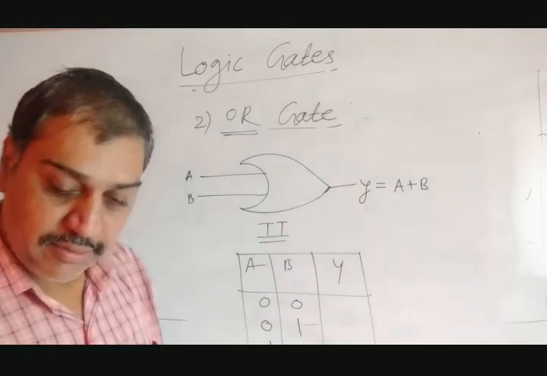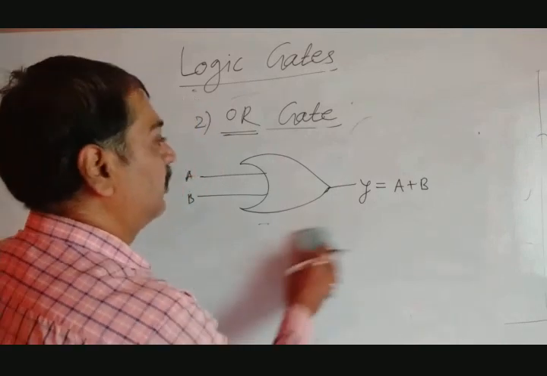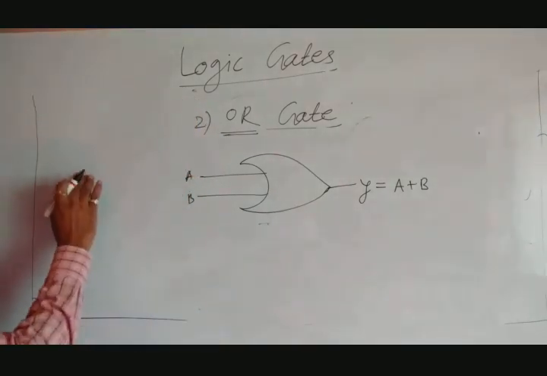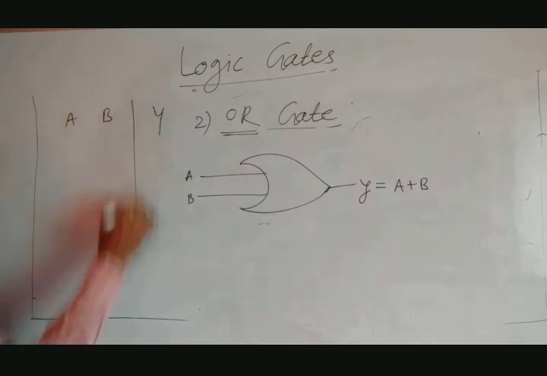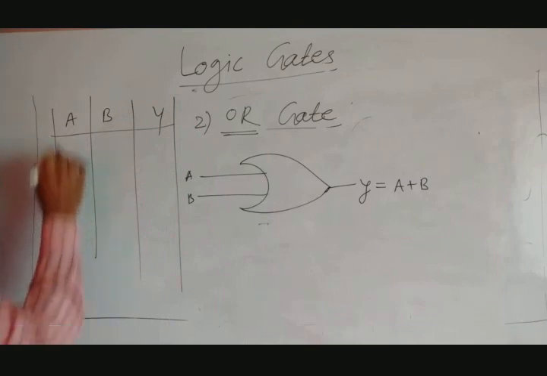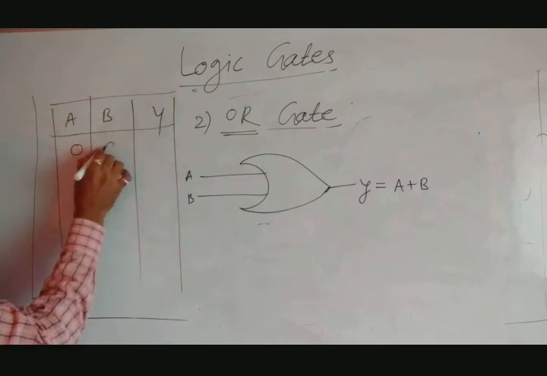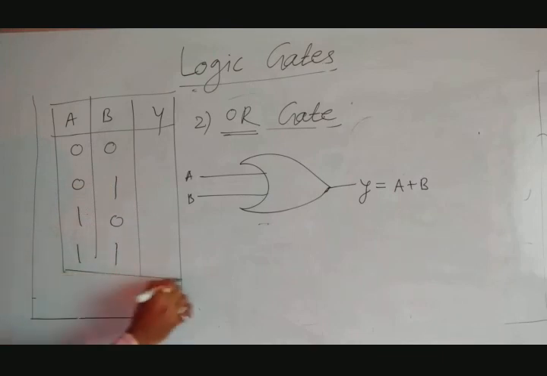Okay, we are not getting this, so I will write it here at the upper part. So I will write a truth table here. It is A, it is B, it is Y. So we can write this as a truth table like this. So let's see, 4 combinations: 0 0, 0 1, 1 0 and 1 1. These are the only 4 combinations possible here.